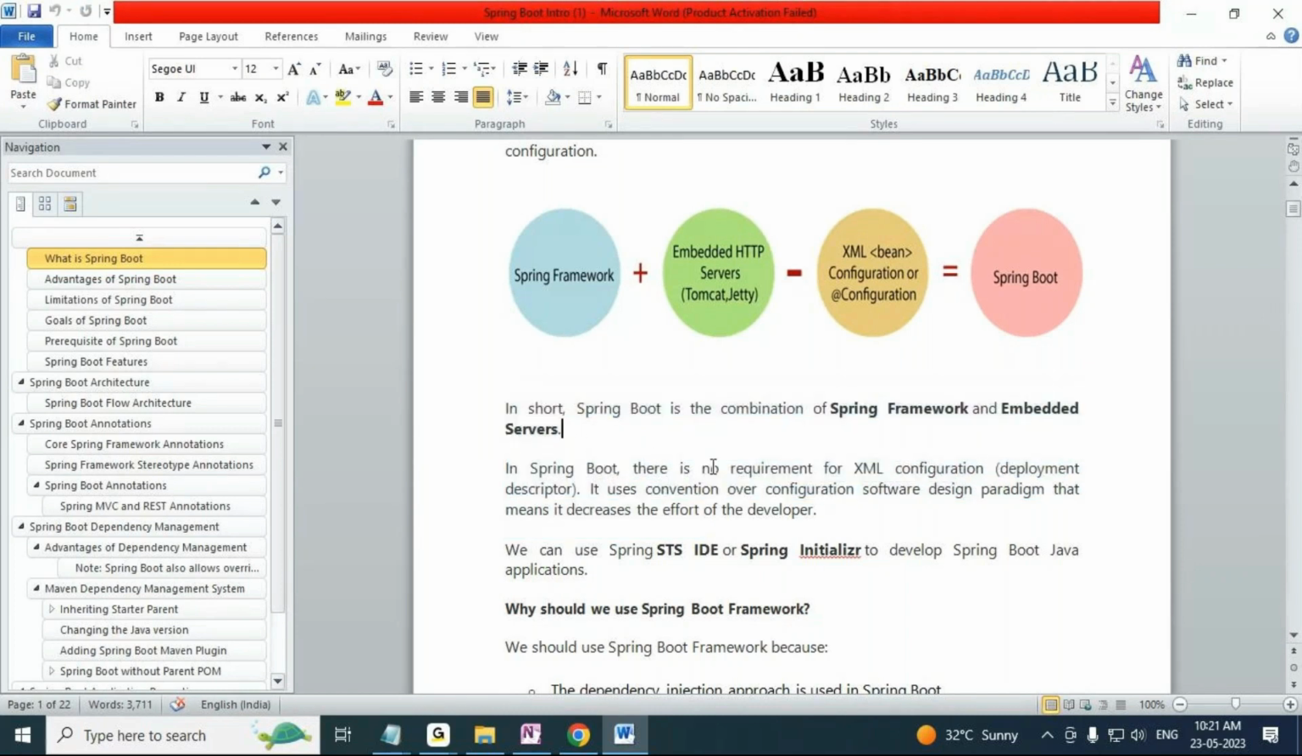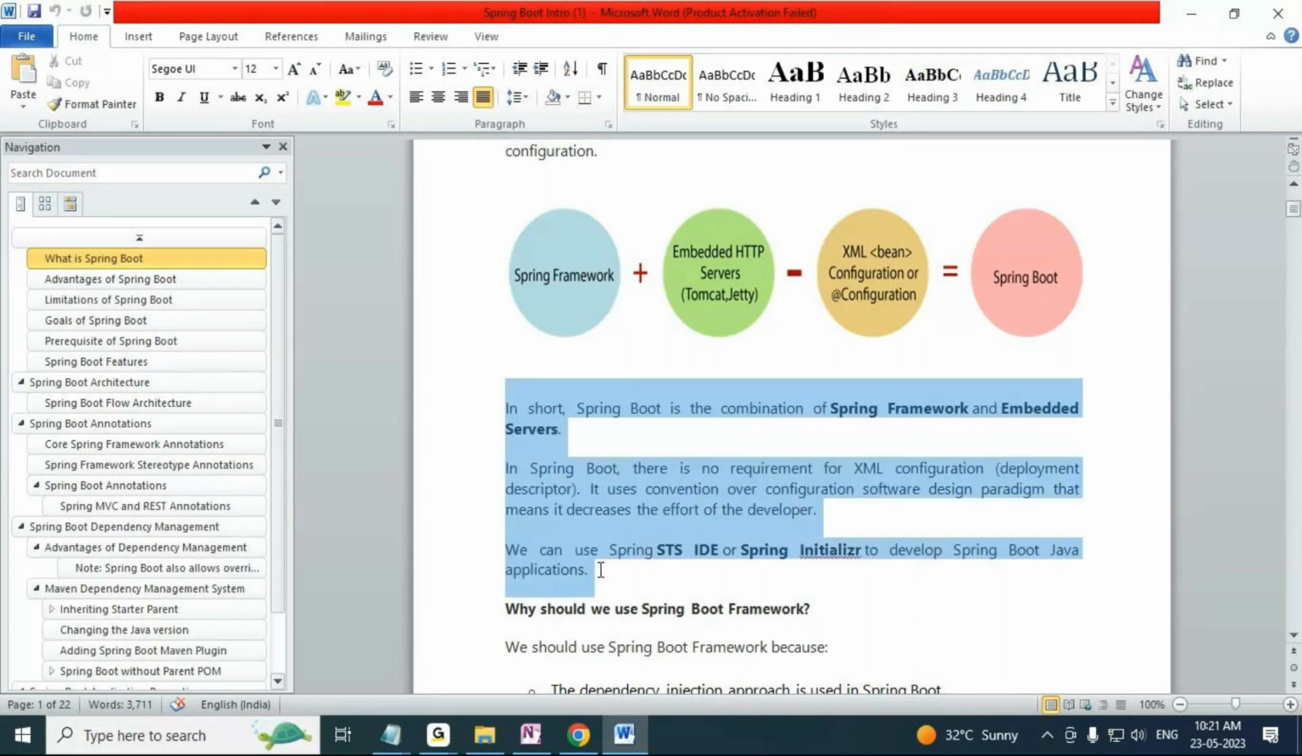So there is no requirement for XML configuration. No requirement in the sense that we are going for auto configurations. That's what we are trying to say, and we can use Spring STS